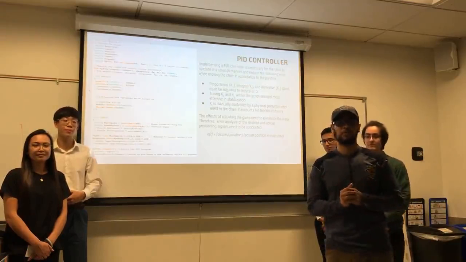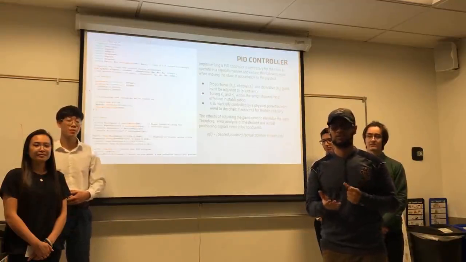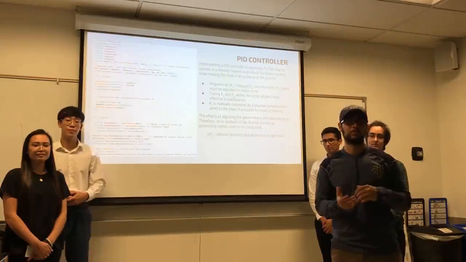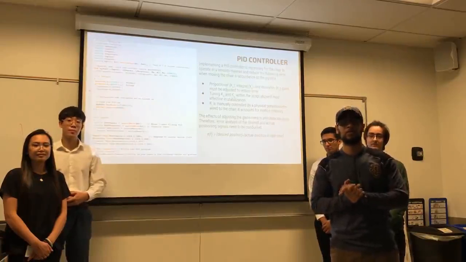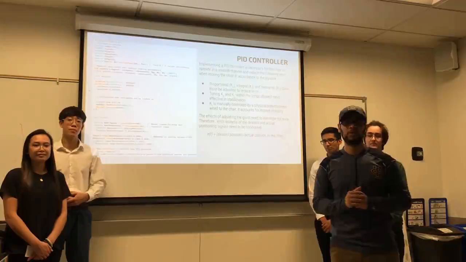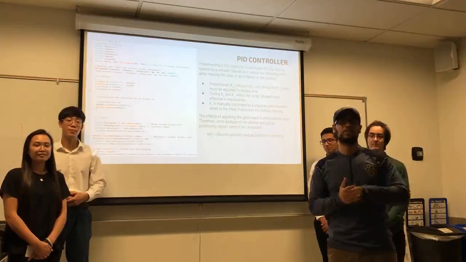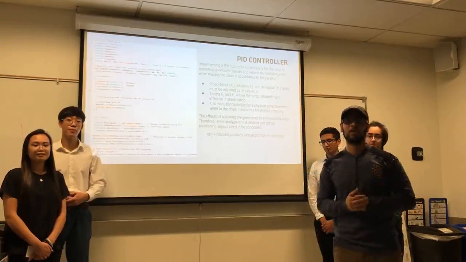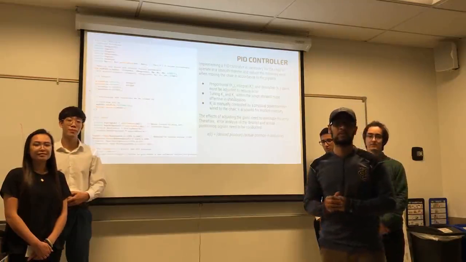While tuning the script, we found out that KP and KD within the script showed the most effective in stabilization, while KI, which is the integral value, is manually controlled by the potentiometer wired on the chair. It accounts for the motion intensity or the different weights of an individual. The effects of adjusting the gains needs to eliminate the error. Therefore, an error analysis of the desired and actual positioning signals needs to be conducted through the definition of error, which is E at T is equal to the desired position minus the actual position in real time.